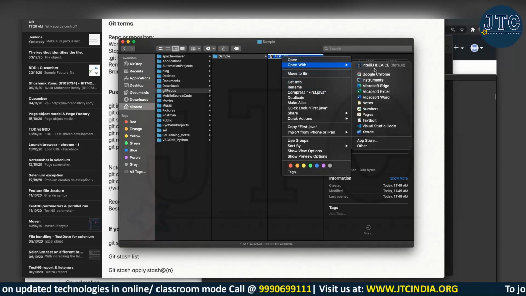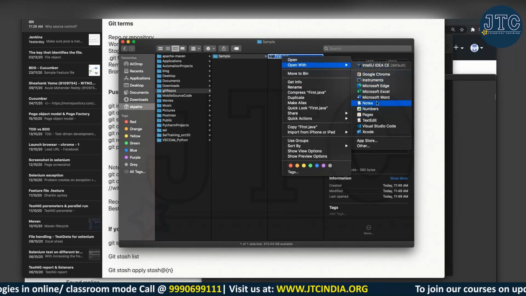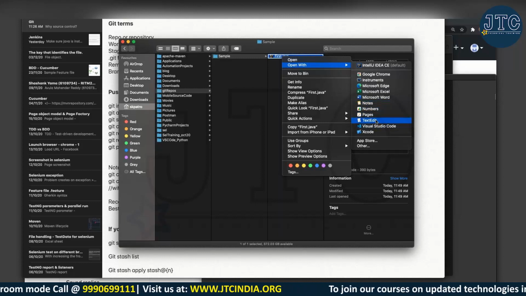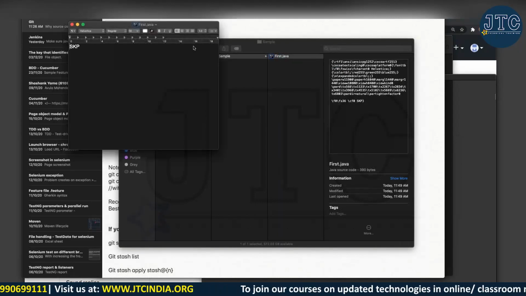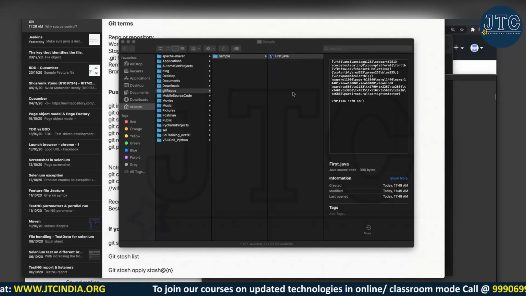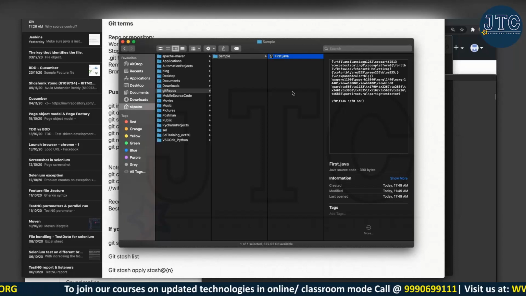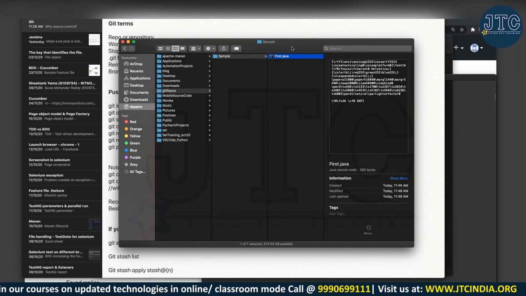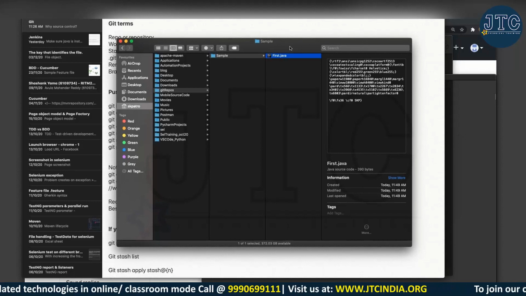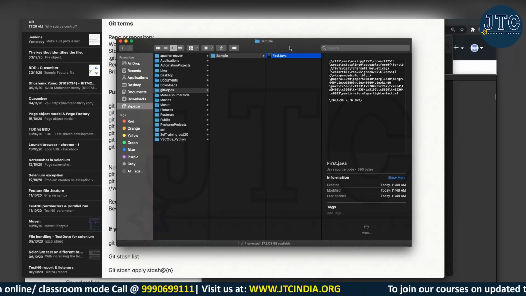Now let me open this in a text editor. So here I have written some code. I can't increase the font because this is just the folder structure. Don't worry about that.